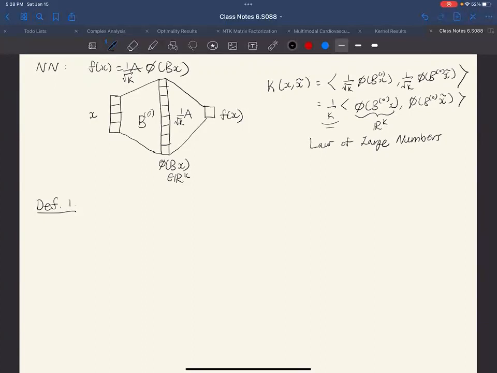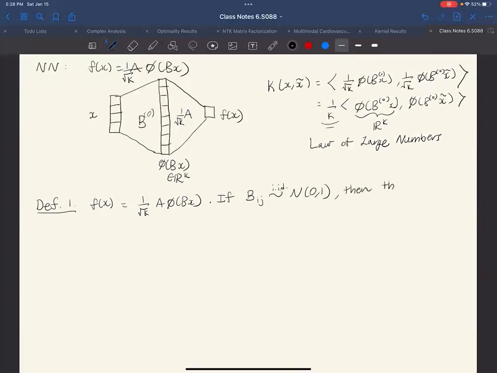Okay, so here we're given this neural network, 1 over root k, A phi of Bx. Now, let's say the entries of B, given by B_ij, are sampled IID from a standard normal distribution,